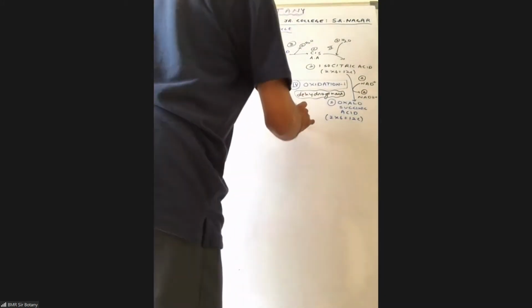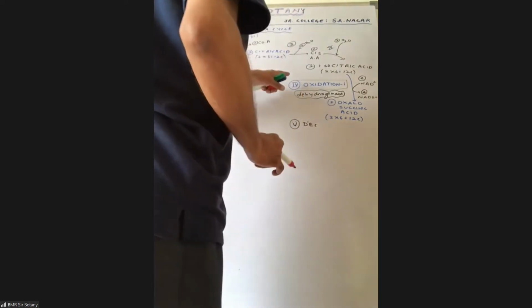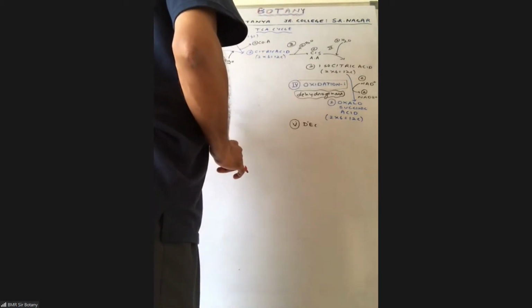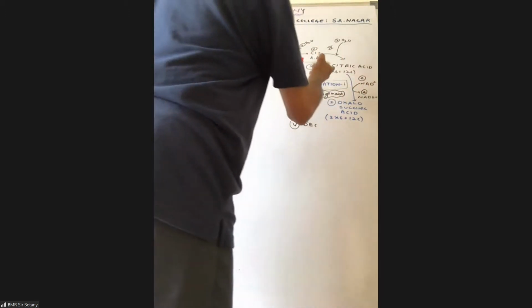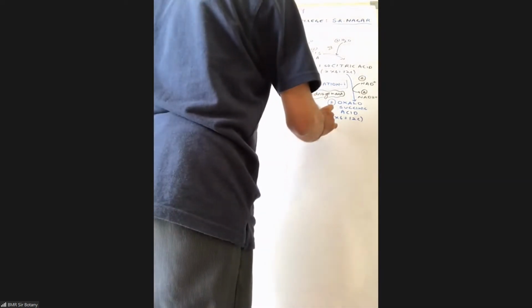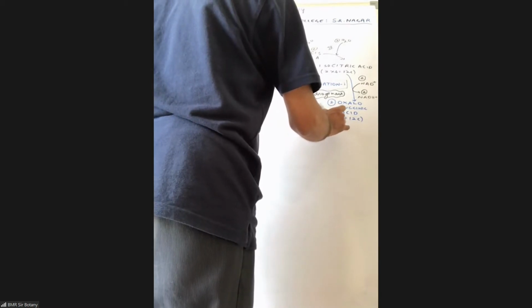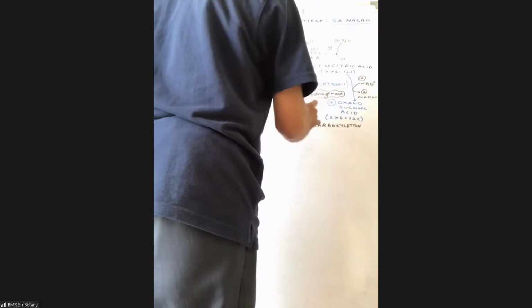Then fifth is decarboxylation 1 of this pathway. This is oxidation 1 of the TCA cycle, Nana. If the question is which oxidation in the entire aerobic respiration, we take it as oxidation 3, because oxidation 1 is of aerobic glycolysis, oxidation 2 of the aerobic link step, and oxidation 3 of aerobic respiration is the first step of the TCA cycle. First oxidation of the TCA cycle. So fifth is decarboxylation. Guess and tell me what's going to happen here.